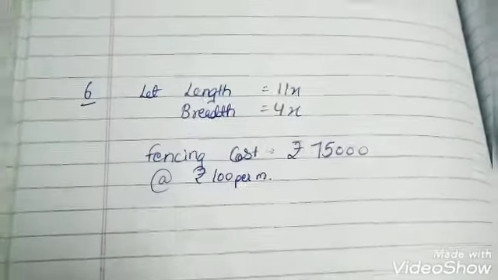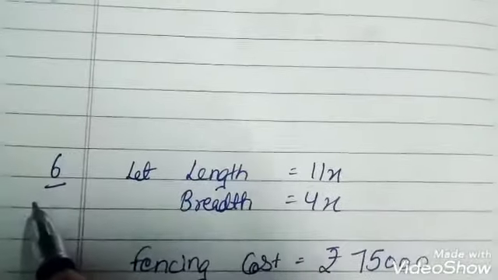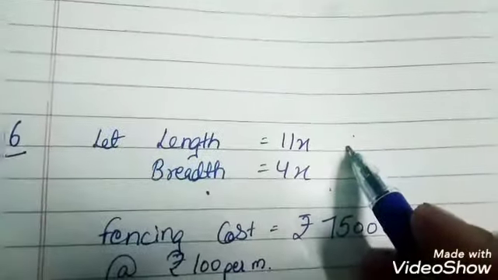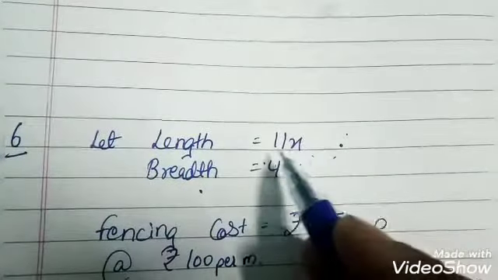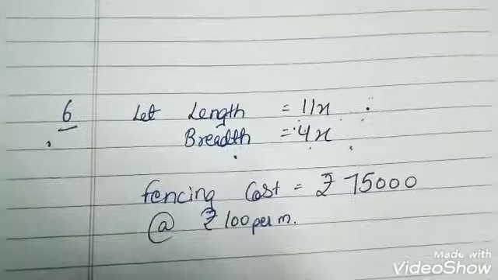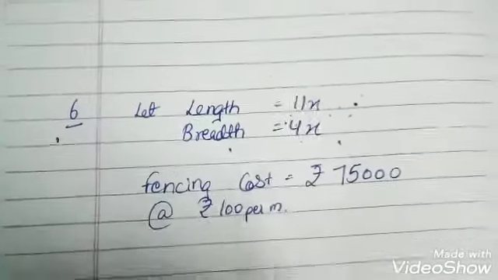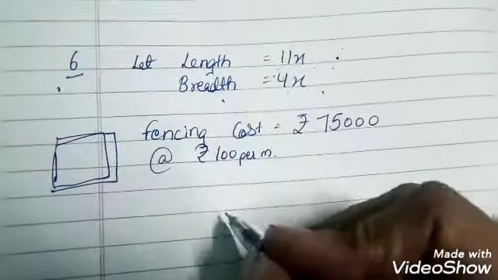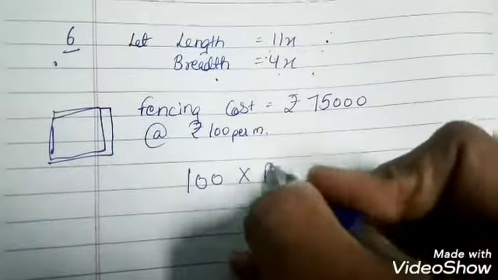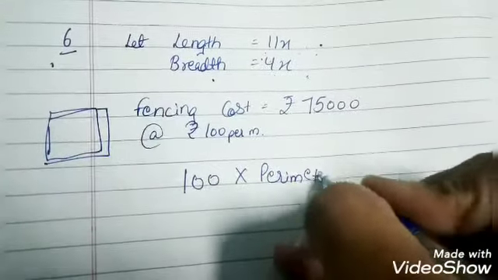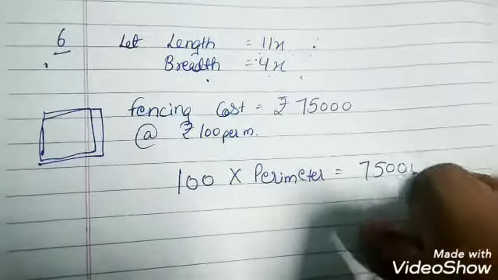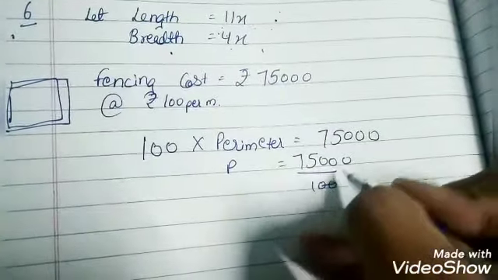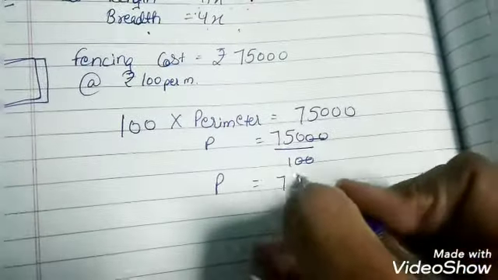Now class, I am taking the example of question number 6, in which 2 things were given, length and breadth, and they are saying that they are in a ratio. As you know, when things are in ratio, we take it in the form of x, so 11x and 4x. Then they said the fencing cost is 75,000 at the rate of rupees 100 per meter. You know that fencing is always done on the boundary. So what I am writing is 100 into the perimeter of the rectangle has come 75,000. So perimeter will be 75,000 upon 100. Cancel the zeros, basically our perimeter is 750